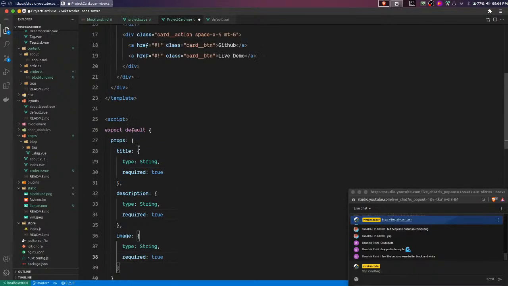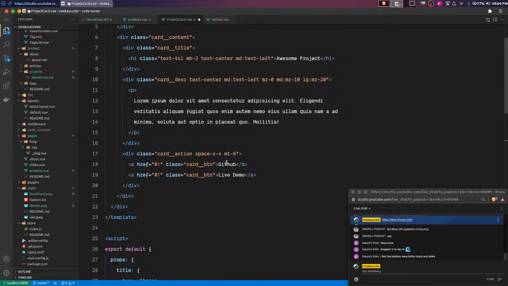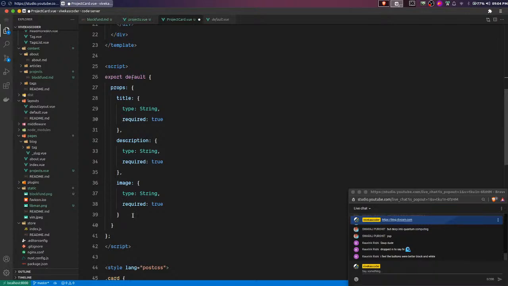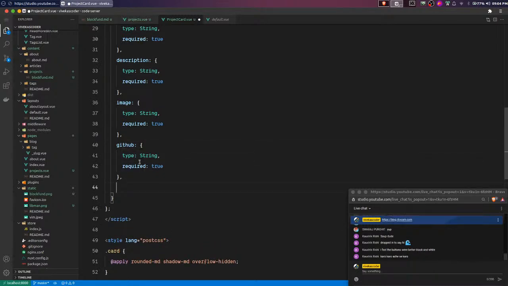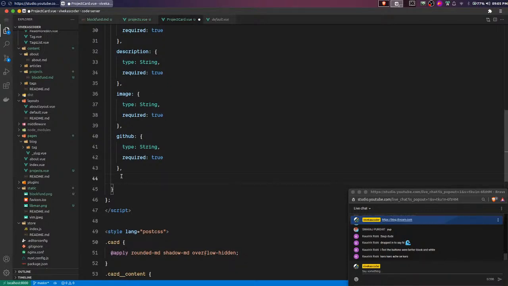So we have title, description, image, and I also need GitHub and live demo link. So GitHub, again the same thing, and then I think I can actually create a single dictionary and put it here, but anyways, I can do the refactoring later. So the other one is going to be the